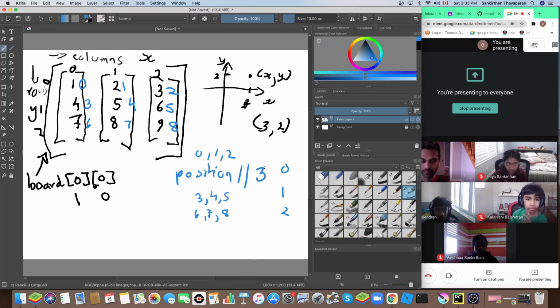Let's go back. For 0, 3 and 6, we need to get 0, right? And for 1, 4, 7, we need to get 1, and for 2, 5, 8, we need to get 2. So it's basically like this. I have 3 elements in a row, right? 3 elements. Now if I want to find out which position it is in, I can say